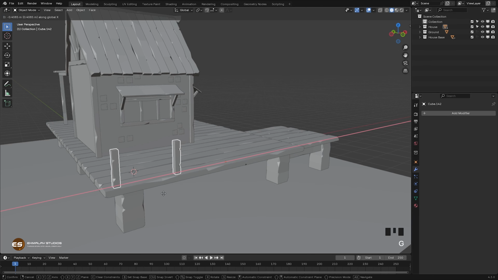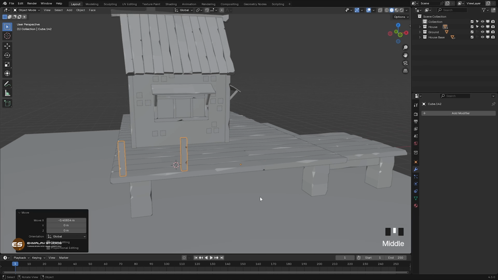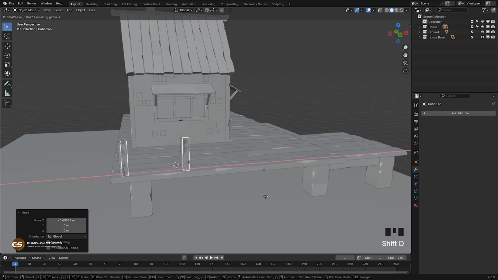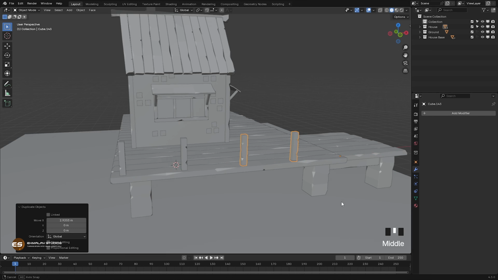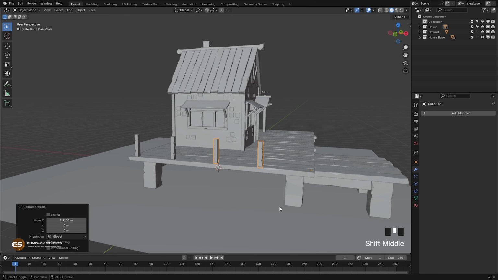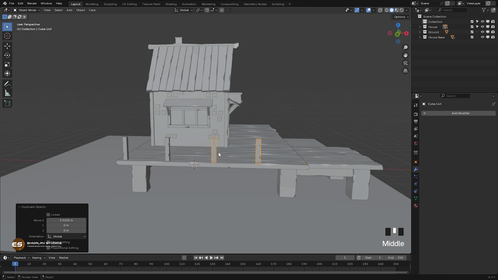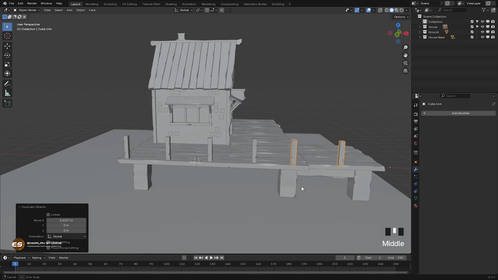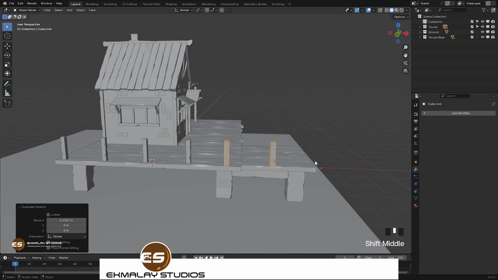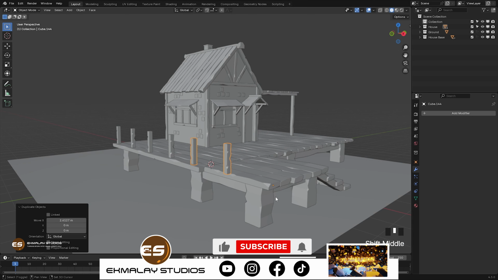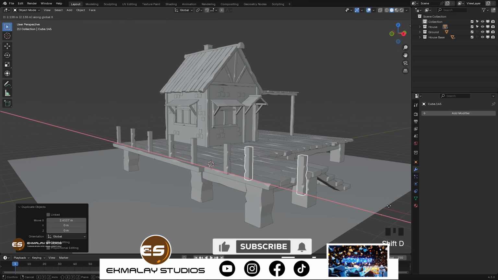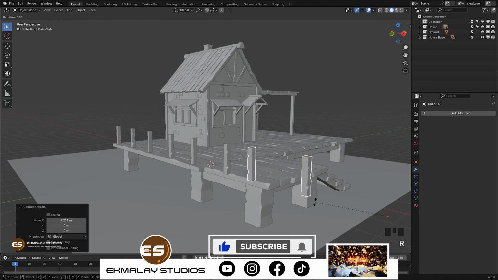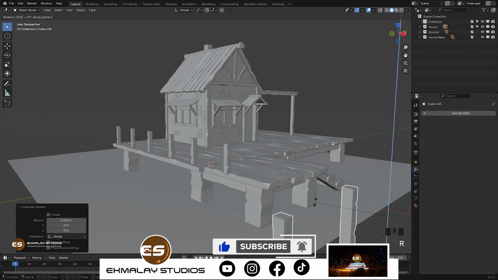GX, move here, and let's duplicate some more, Shift D and X like this. Just looking at the script on this one to be kind of similar like this. Again, Shift D, X, like this, and we want one more. Okay, so Shift D, X, over here, and R, Z, 90,